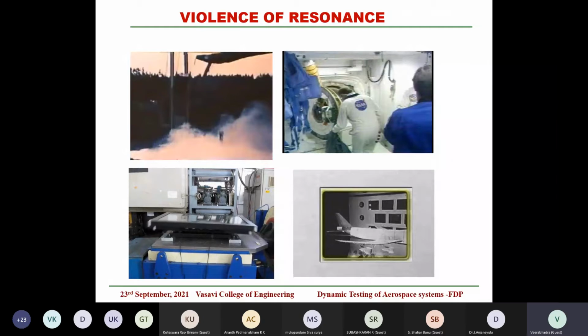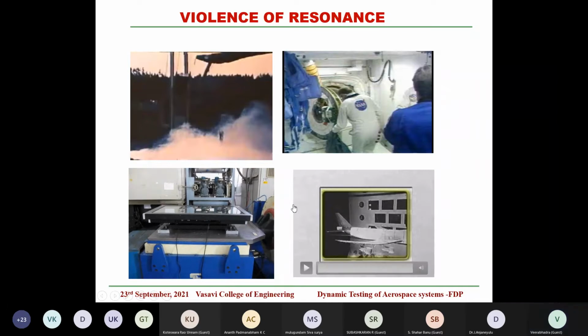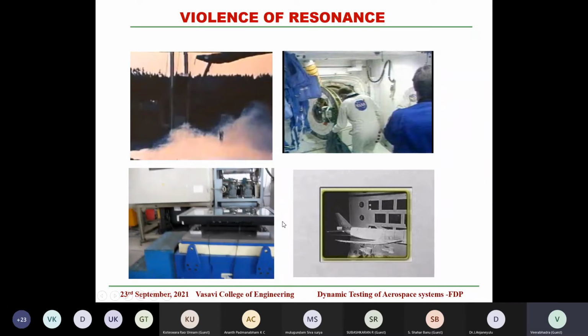You can see violent, almost resonant vibration. If you had not stopped it within another second, it would have failed. So such manifestations of vibrations result in resonances, and these need to be attenuated, and the source of the problem has to be identified and corrected.